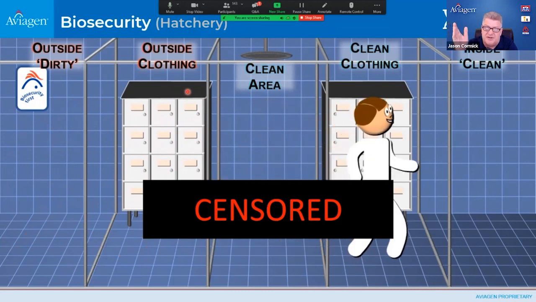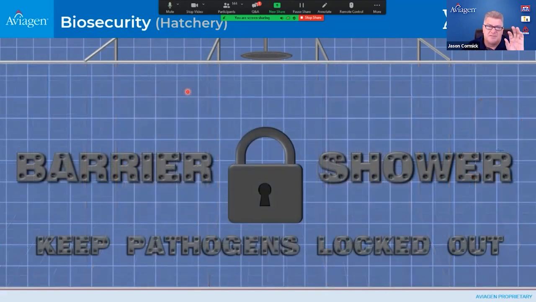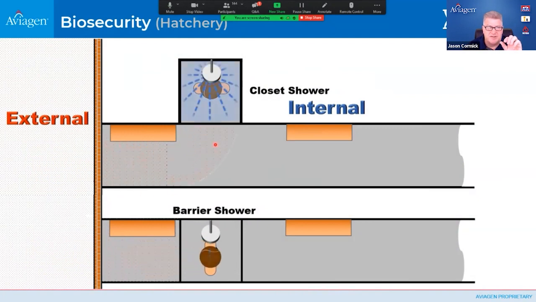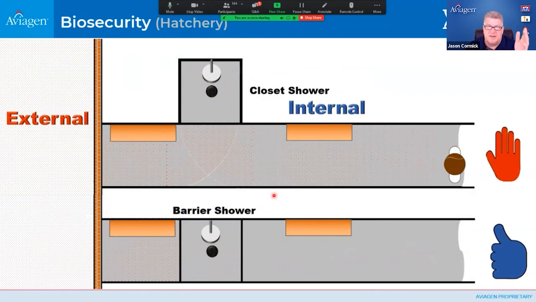Put on company clothing and into the hatchery. So it's all good. This differs a little bit from a closet shower, and I'll just show you the difference here. This is what you'll often see in hatcheries. The problem with this is the infected area, essentially. It has the potential to be contaminated, which means you're going to get cross-contamination when they come back out. This one, you won't get that. So you really want that inline barrier shower, much better. That's the first